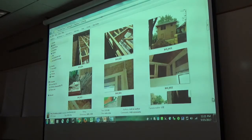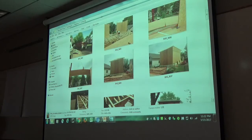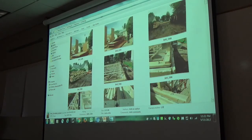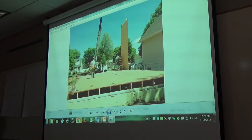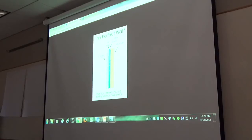All right, interior panels. Where am I? So I probably don't have a really good shot of this, because we set the floor trusses in this case before we did interior wall panels, because we had the hanger. If we go to the YouTube video, let's just